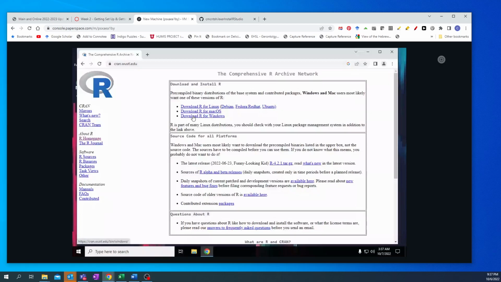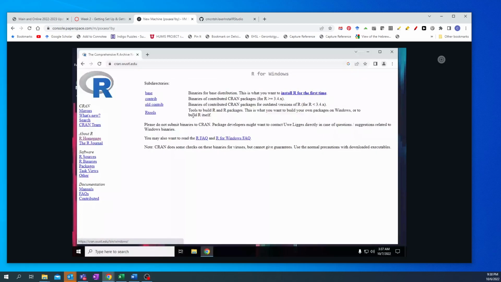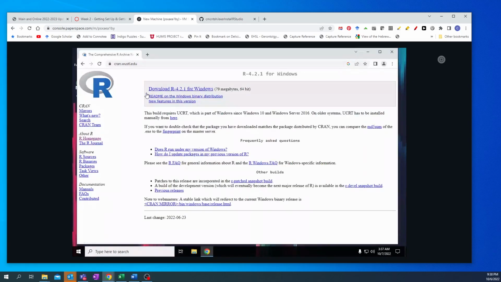And I'm on a Windows computer, so I'm going to select the one for Windows, and I'm going to go to Base, and then it gives you this option to download for your operating system. So you just want to pick the one that's the correct one for your operating system. So I'm going to download that, and